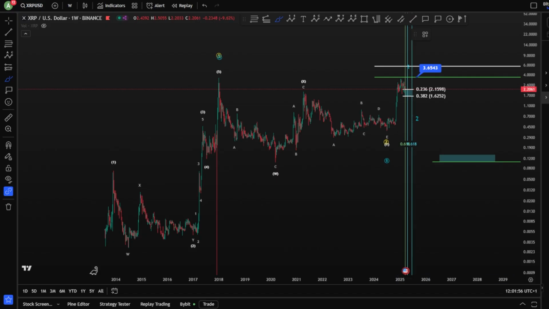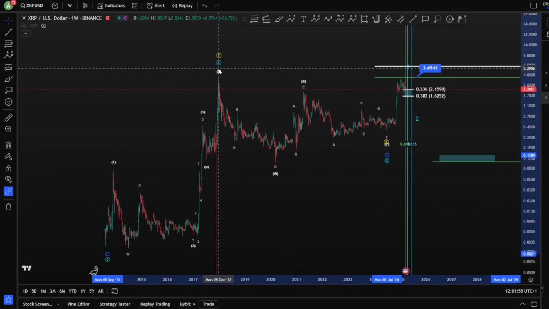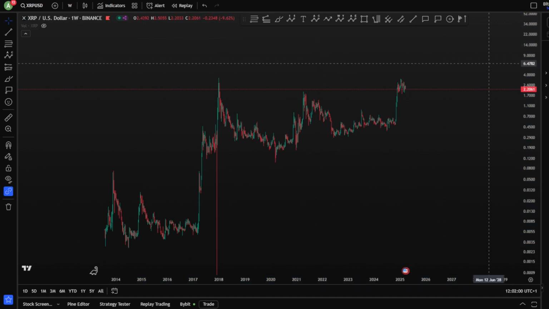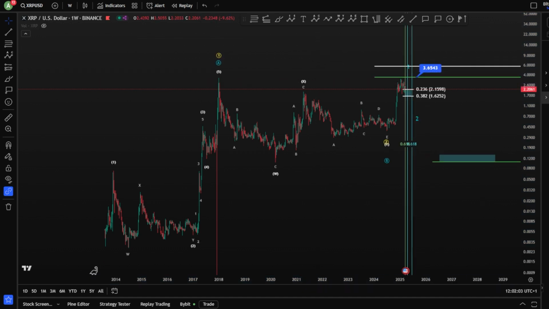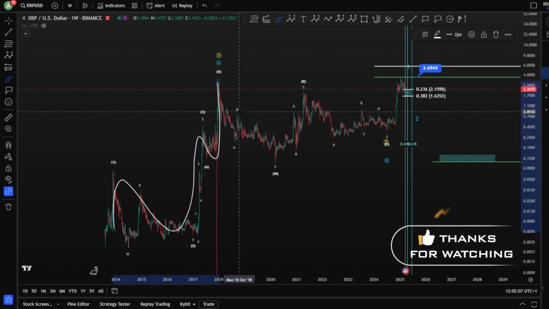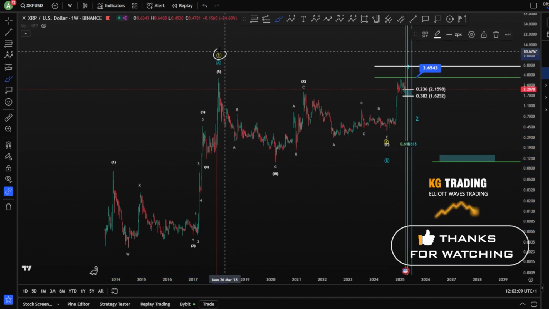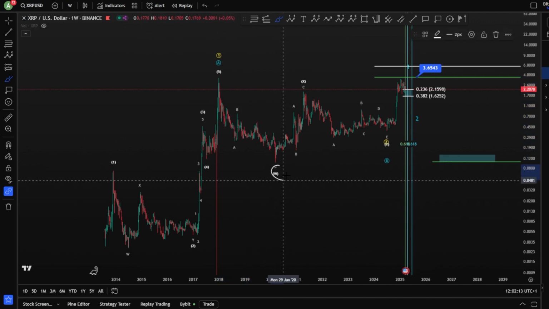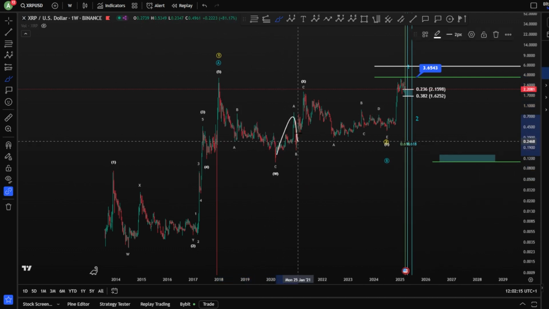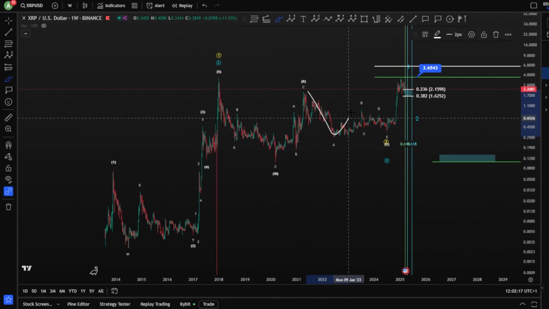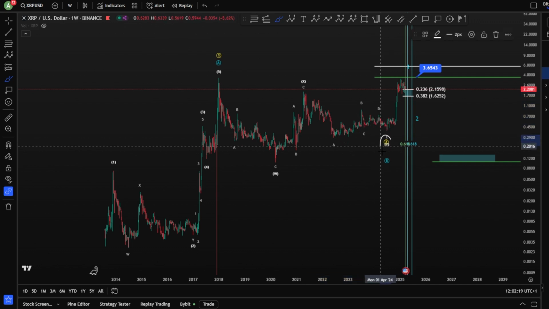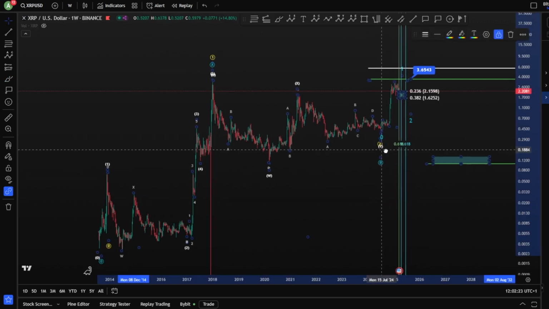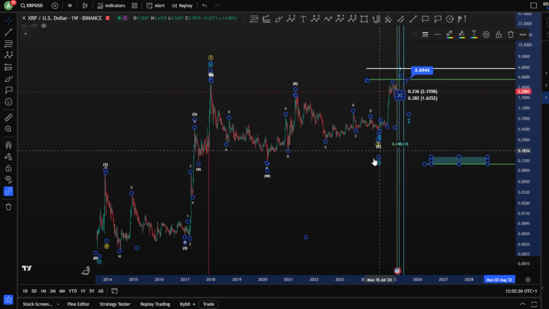Starting on the weekly chart here for the all-time history for XRP, we are looking at the following scenario for bullish and bearish. We have 1, 2, 3, 4 and a 5 toward the upside, finishing wave A or wave 1. After both case scenarios, you have an ABC toward the downside. For a W, you have an ABC for the X, and of course a triangle here for your wave Y. With this wave Y, you have finished a wave 2 here, or you have finished a wave B at the